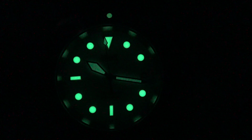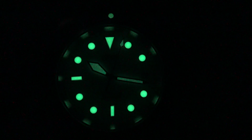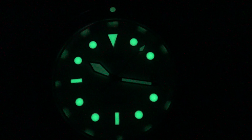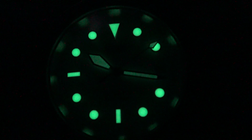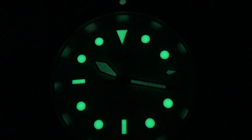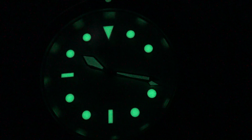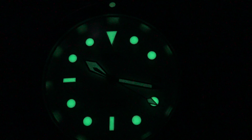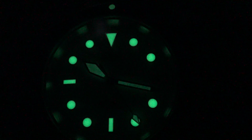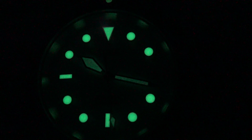Good colour match between the lume pip on the ceramic bezel insert, the applied indices and the hands. They all are C3 Superluminova. But however, looking at the Milsub hands, one can clearly see that this is 2 to 3 layers versus 5 to 6 layers of C3 Superluminova as per the indices. So the Milsub hands aren't glowing as bright as the applied indices, and this really is the difference between 5 to 6 layers and 2 to 3. We've got 5 to 6 layers on the indices, but we've only got 2 to 3 layers on the Milsub